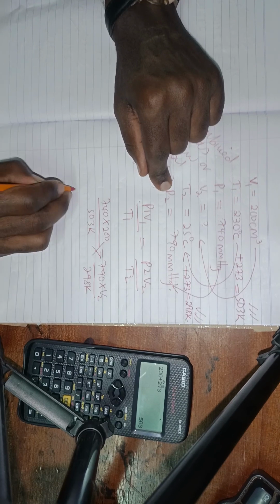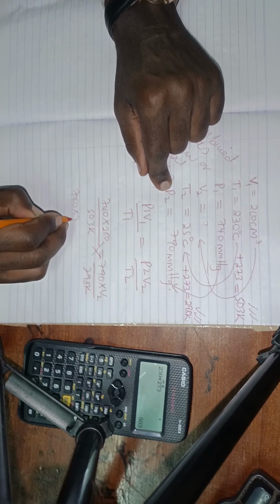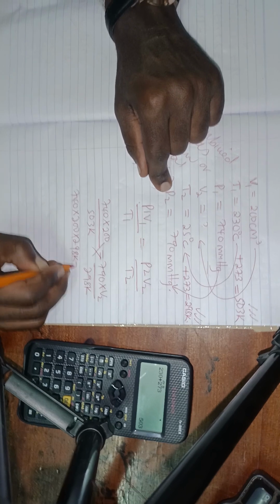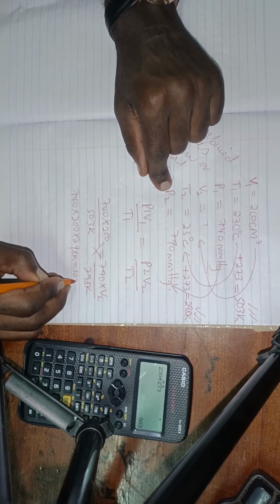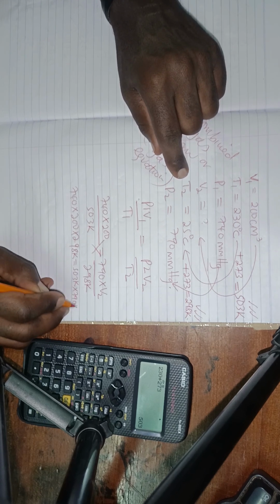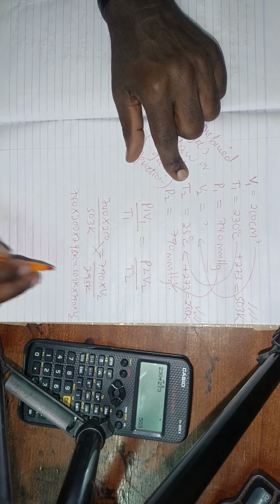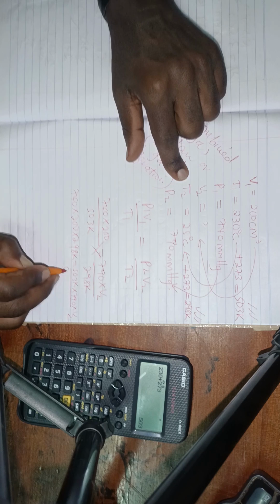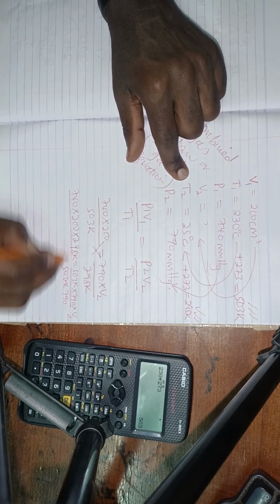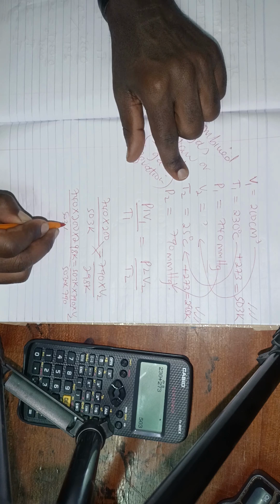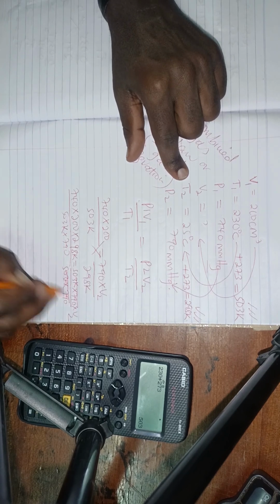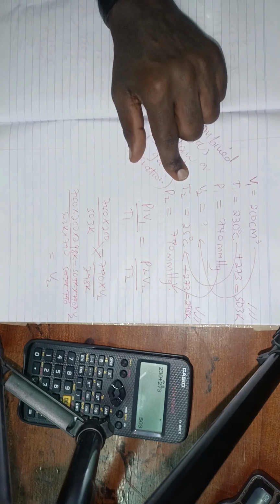We are going to have 740 multiplied by 200 multiplied by 298 Kelvin equal to 503 Kelvin multiplied by 790 multiplied by volume 2. So I will divide both sides by 503 Kelvin times 790, so the Kelvin terms disappear. So we have volume 2 equal to,